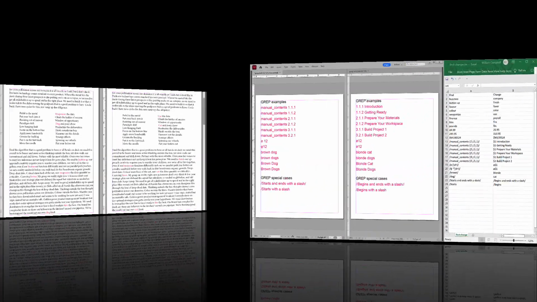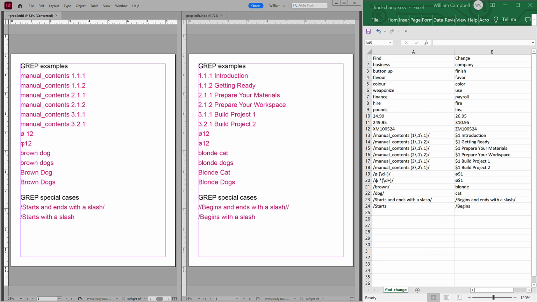Now let's examine the grep changes. Here, a capture is used to keep the numbers, which are moved to the beginning. And here are symbols to fix. One change is to remove the space between the symbol and value. The other is to fix the wrong character used by mistake. Here again, whole word keeps the plural versions unchanged. But the option Keep Capitalization maintains the capital letters.